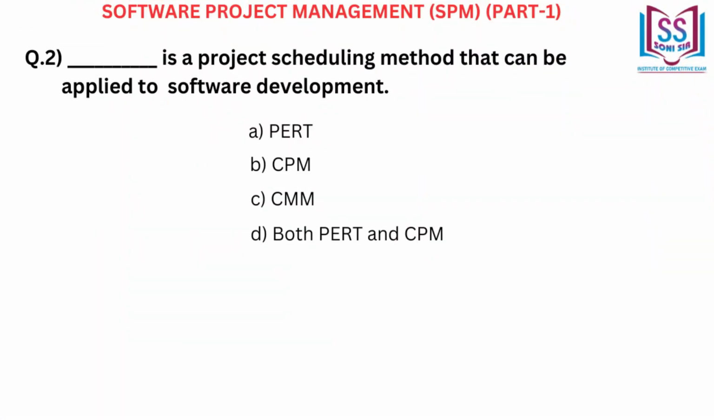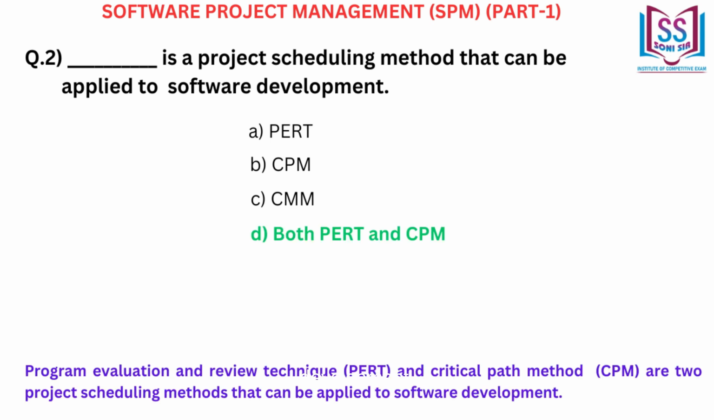Dash is a project scheduling method that can be applied to software development. A. PERT. B. CPM. C. CMM. D. Both PERT and CPM. Correct answer D. Both PERT and CPM. Program Evaluation and Review Technique PERT and Critical Path Method CPM are two project scheduling methods that can be applied